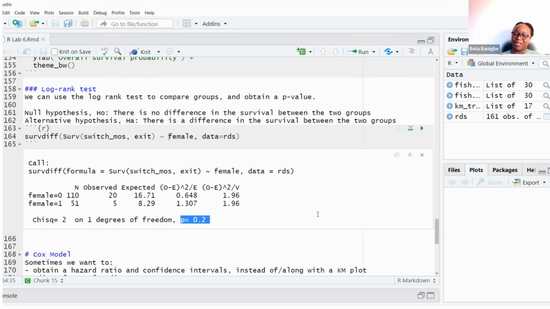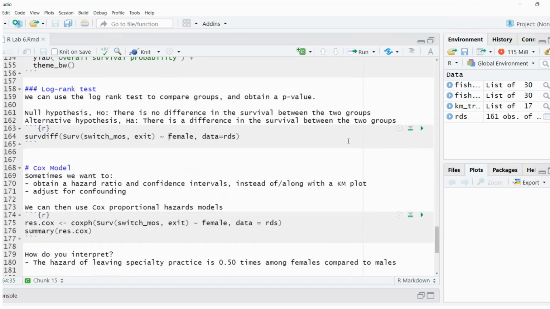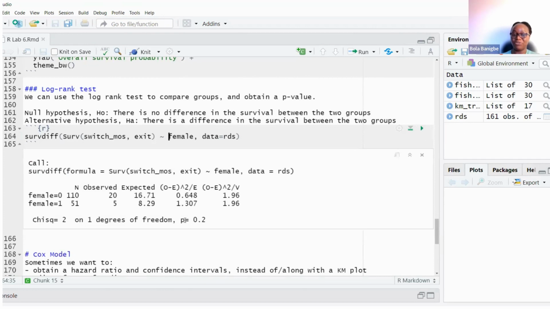I agree with you, Abbas. Is there anybody who does not agree with that? So our p-value is 0.2. We fail to reject the null hypothesis, and we then conclude that there is indeed no difference in the survival between the two groups. So now we've